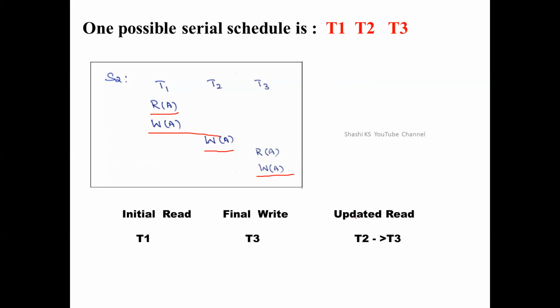Then the third condition is updated read. Consider any write-read sequences and check in what sequence it is being updated. So here you can see the transaction T3. There is one write-read sequence here. There is one read operation here, which is an intermediate read operation on the data item A, performed by transaction T3. Here, T3 is reading the value of A, which has been updated by transaction T2, right? So T3 is reading the value of A, which has been previously written or updated by transaction T2. So the sequence is T2, T3.